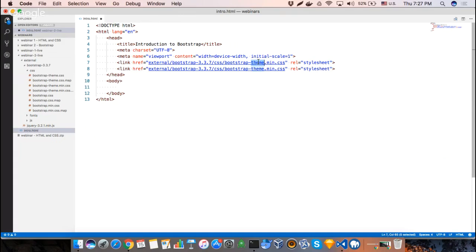By the way, I didn't want to include theme. Okay, I wanted to actually include bootstrap.min.css. So these are the two includes you'll have to do, CSS files. All right, these are both CSS files. So the first include gives a basic set of styles, and the second include gives an enhanced set of styles, which will sort of override the Bootstrap basic styles. So apart from these two,